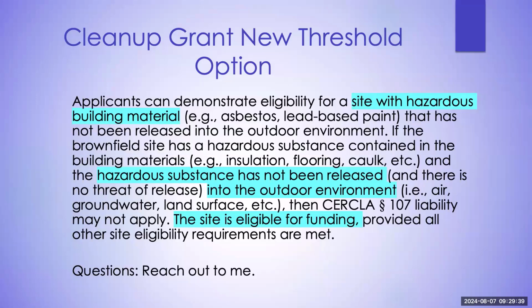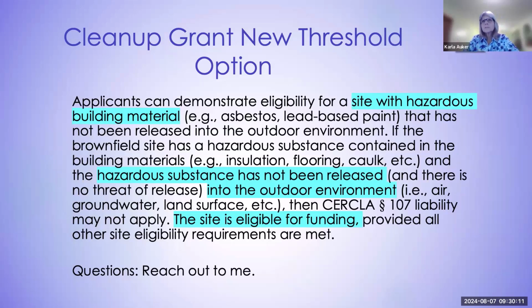Carla, go ahead. This is Beth again. Could you at least provide an example of this, just to expand a little bit more? Sure. If you've got a building, say for instance, you've got an old industrial building and it's gone through RCRA closure. So it's no longer a RCRA facility, it's cleaned up, but RCRA closure does not address asbestos for piping, asbestos, friable asbestos in tiles and window caulk and that sort of thing.